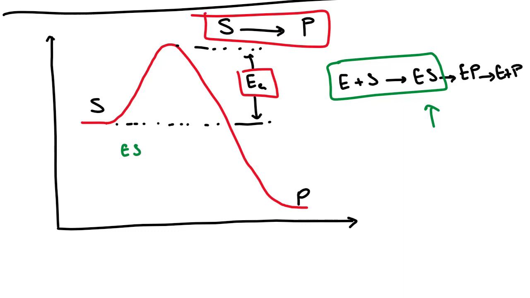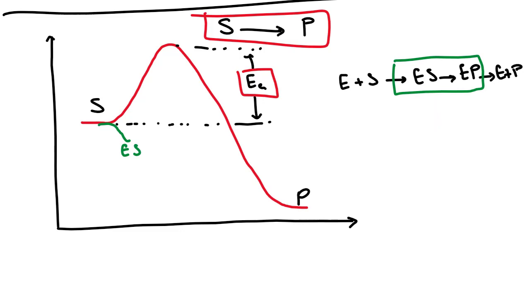So initially, you have the binding of enzyme to substrate, and you go down here. Now the next part is ES to EP, but we know that there's a transition state in the middle right here. You're not going to go straight from substrate to product. So you have to go through the transition state, and let's put the transition state for the uncatalyzed reaction right here, ST, and we're going to put the transition state here,